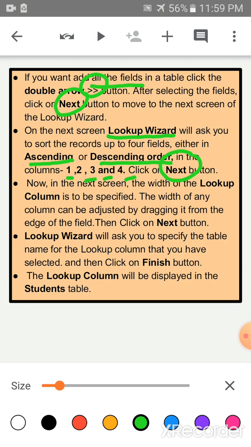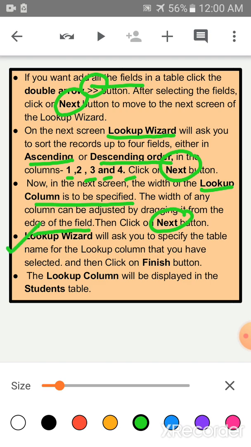Okay children, after the next button, now in the next screen, the width of the lookup column is to be specified. The width of any column can be adjusted by dragging it from the edge of the field. Then click on the next button.